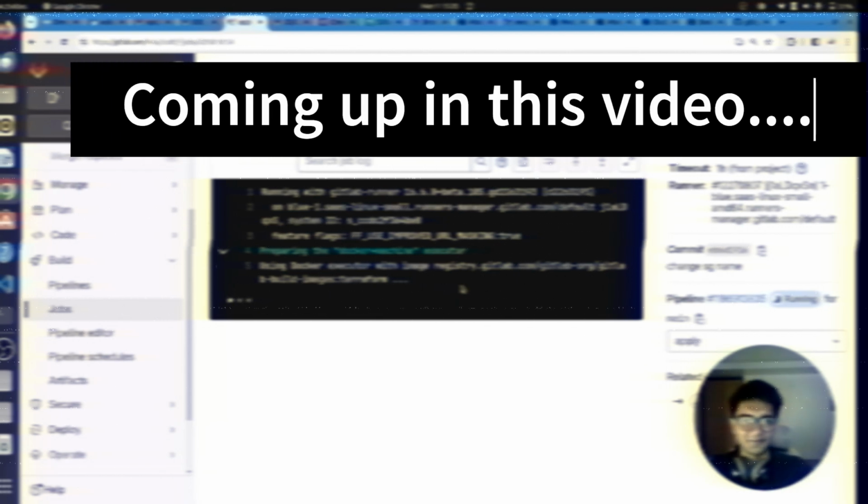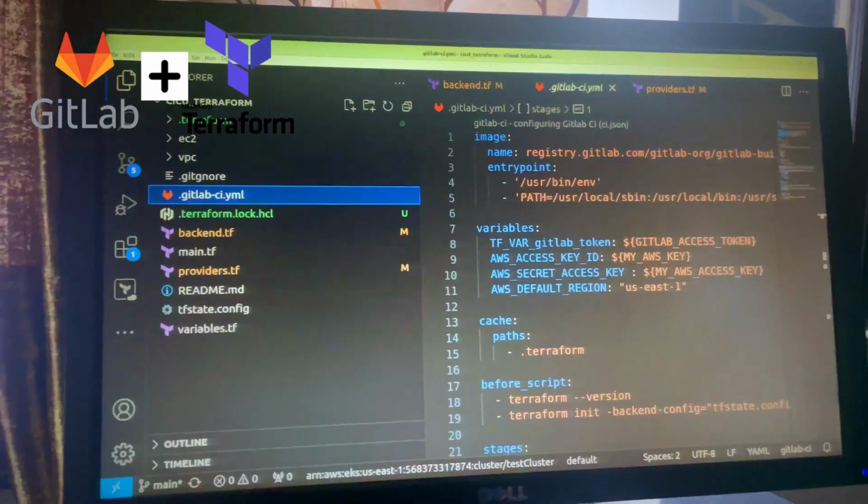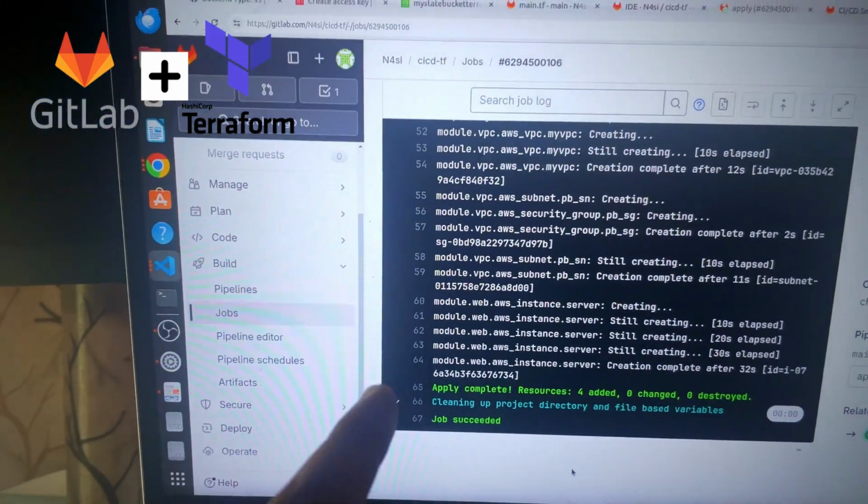So this is how you can automate using Terraform and CI/CD. In this DevOps project, you will learn how to automatically set up infrastructure on AWS using Terraform and GitLab CI/CD. Throughout the project, we will be using industry best practices like using modules, S3 backend, and a lot more to set